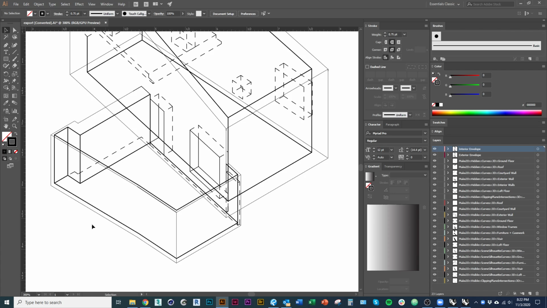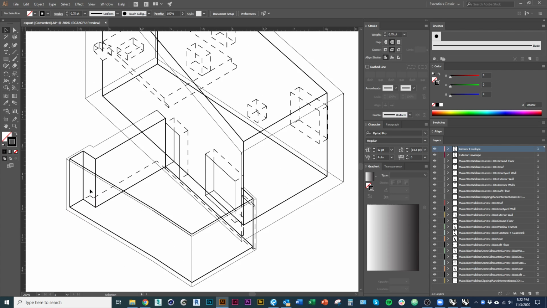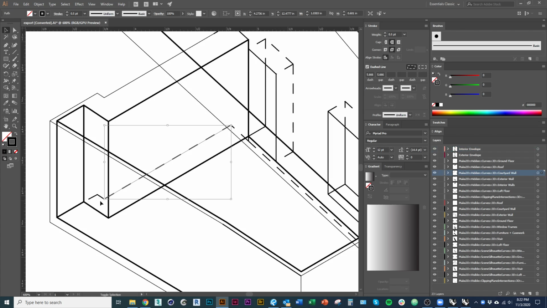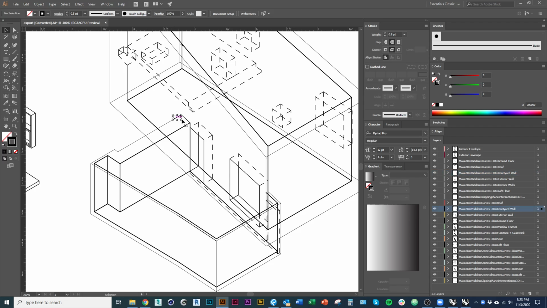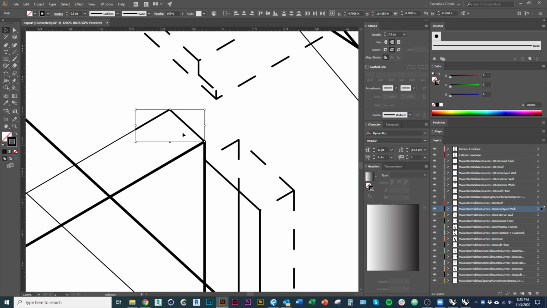I did the same thing with my kind of courtyard wall down here. And actually these lines should also be, in fact, maybe I'll just go ahead and get rid of them. Cool, yeah. And then what I want to do is go ahead and,